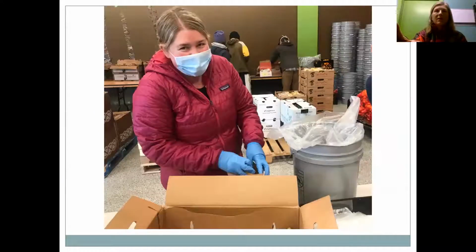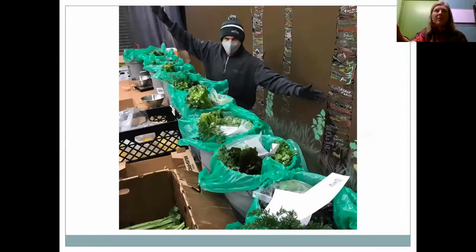Building our harvest boxes and our Giving Boxes. Scanning through some of these, just giving you a picture of what it all looks like. Next slide. Getting them all set up.